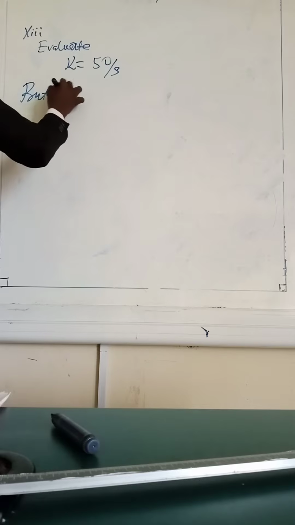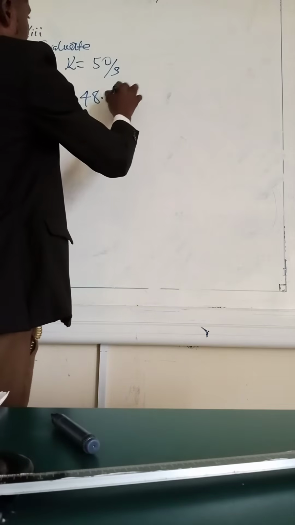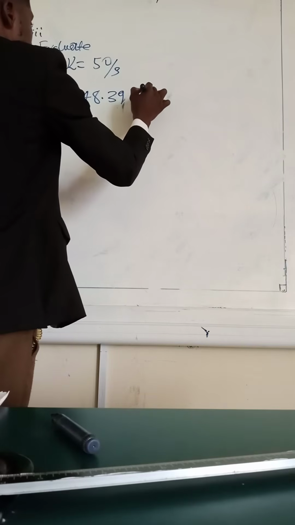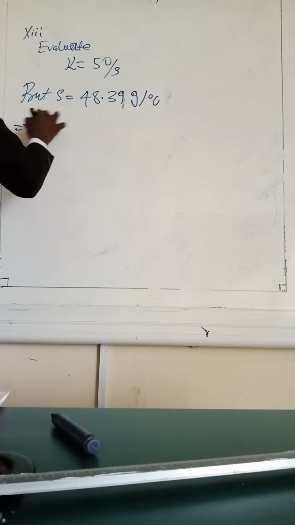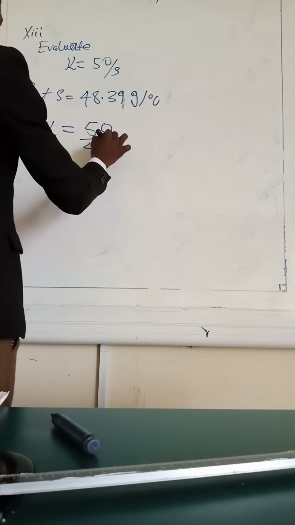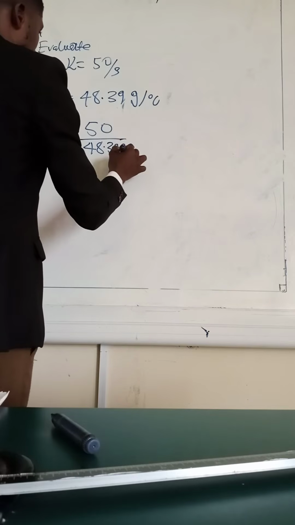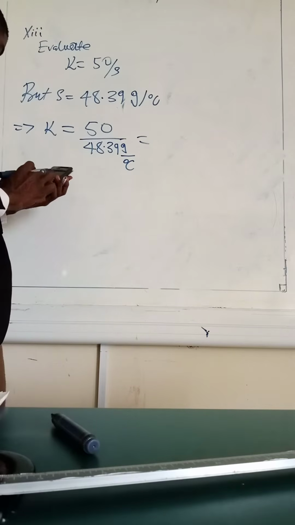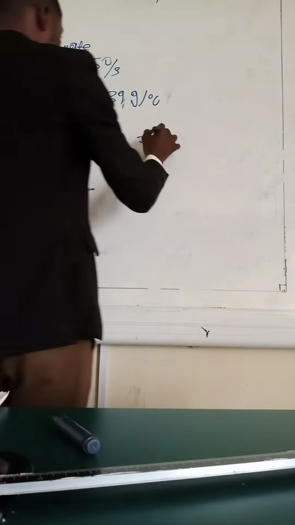But slope S is equal to what? It's equal to 48.39 gram per degree Celsius. That is it. So we're saying this implies that K is 50 divided by 48.39 grams per degree Celsius. So what do you have? You have 50 divided by 48.39. If you do that, you have